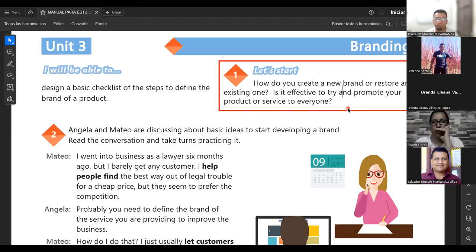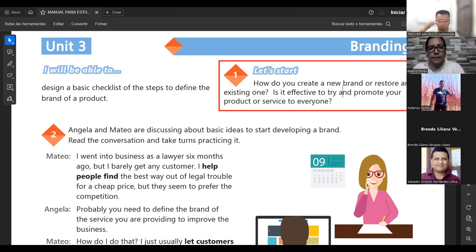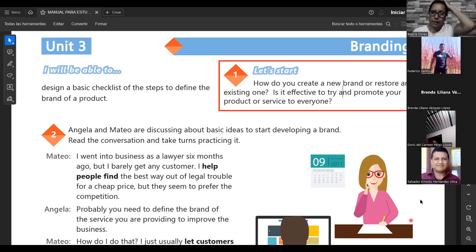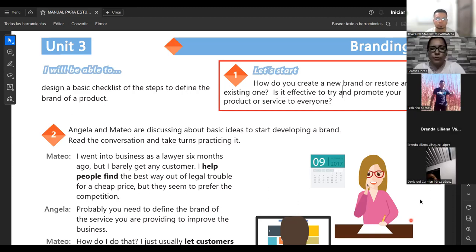For example, Beatrice, what app or social media do you think is very effective to promote services or products? I think Instagram now is effective to promote any product, but I think Facebook always